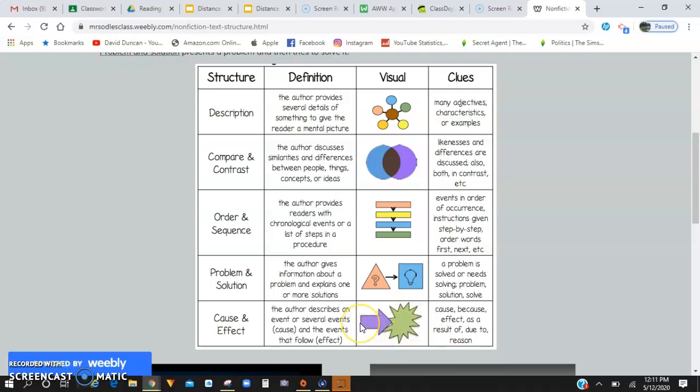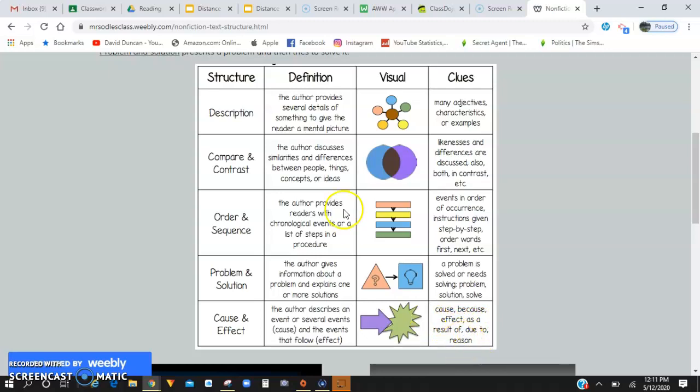Or let's say the cause is that I do not study at all and I blow off the study guide, I don't listen in class, I sleep every day during math notes. The effect of that is not acing the math test and failing it and having to retake it. So a cause is something that is taking place, and the effect is what happens after that cause takes place. Some clues that the author is using cause and effect text structure are cause, because, effect, as a result of,